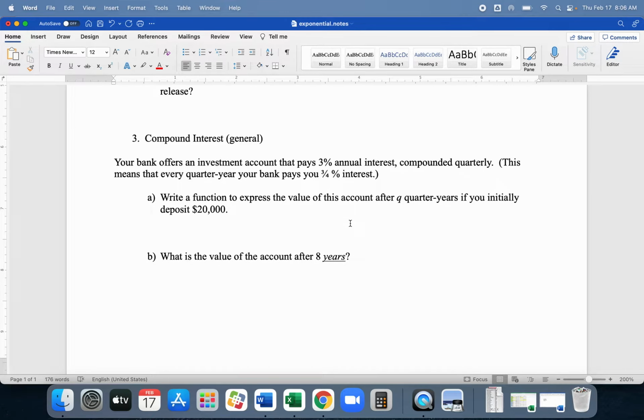But in this case, it says we've got an investment account that pays 3% annual interest compounded quarterly, which means that every quarter of a year, your bank pays you 0.75% interest. That's the bank terminology. This 3% annual interest compounded quarterly just means you get 0.75% 4 times a year, so that over a year those numbers add up to 3. That's bank stuff. But if we start with $20,000 and I know how much my value is growing,